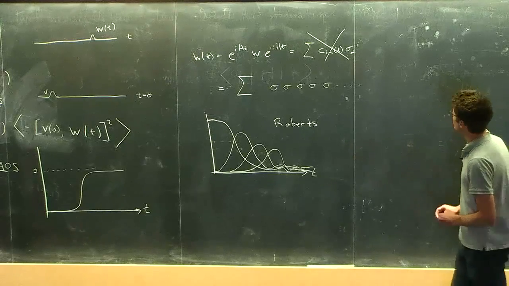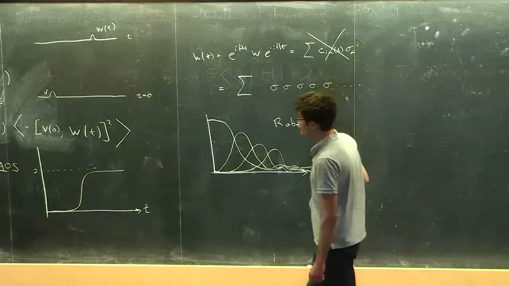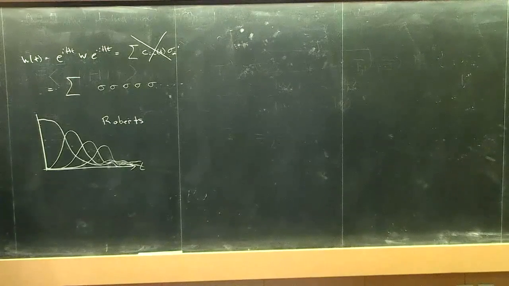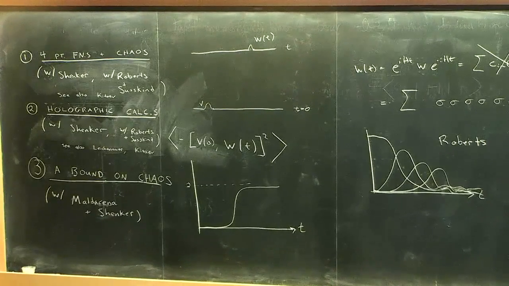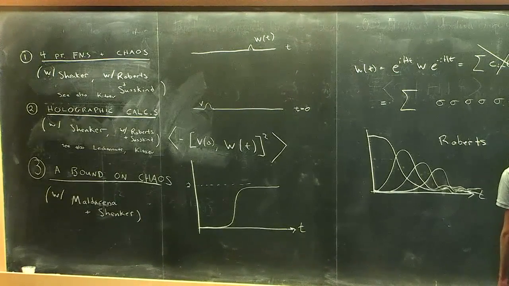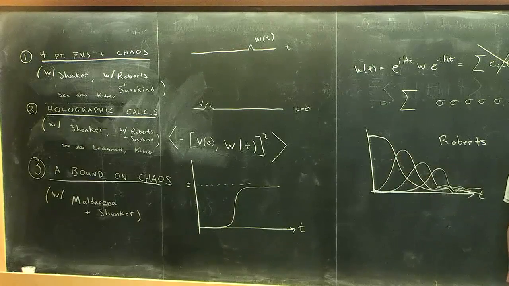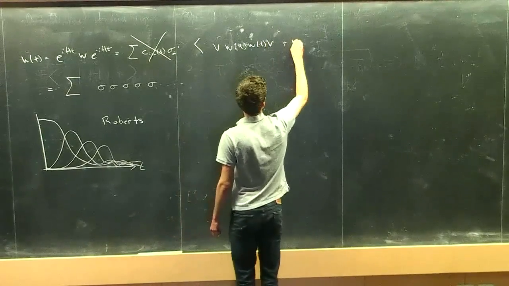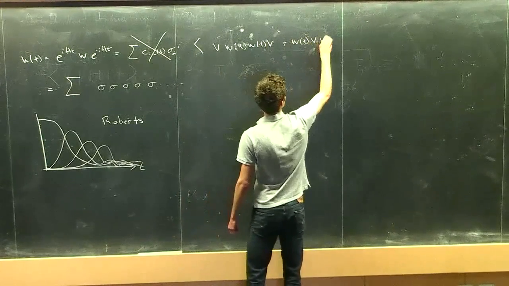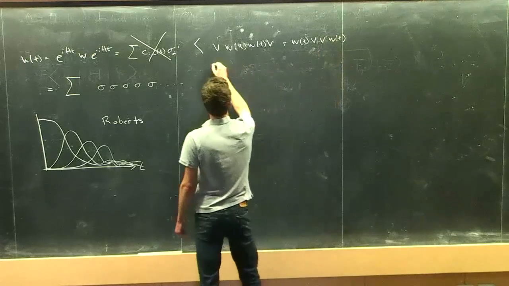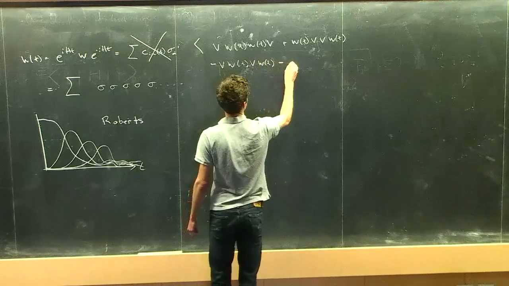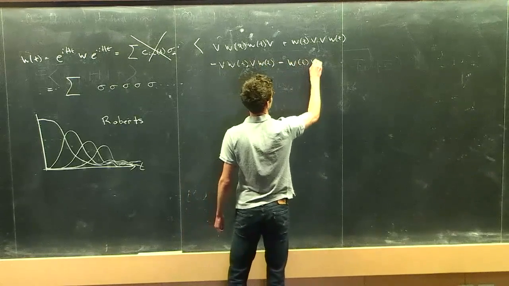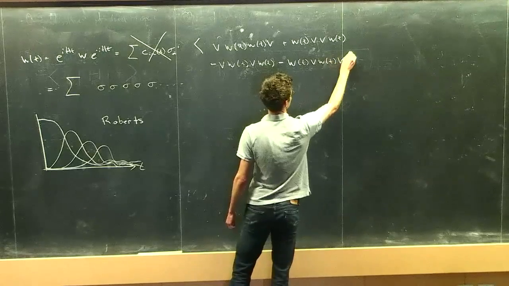Yeah, I understand. Okay, so as a criterion for chaos, we'll use the idea that this commutator should become large independently of the choice of V and W operators we have, as long as T is large. And it's helpful to unpack this definition a little bit by writing out the four terms here. We have a term which is V W(T) V, plus a term W(T) V W(T) V, and then minus a term V W(T) V W(T), minus W(T) V W(T) V.